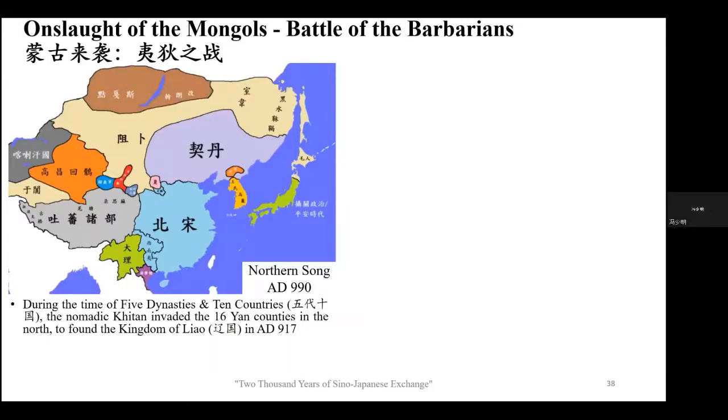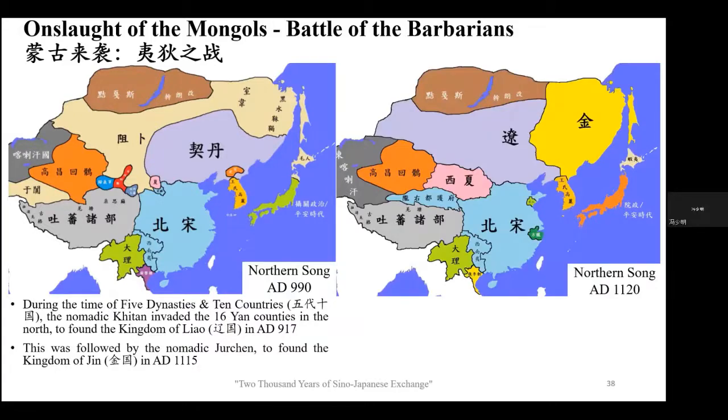Mr. Reinosuke then proceeds on to talk about the Mongols, the onslaught of the Mongols, the battle of the barbarians. During the time of the 5 dynasties and 10 countries, the nomadic peoples of the northern grasslands invaded the 16 Yan counties to found the kingdom of Liao. And this was followed by the Zhechen to found the kingdom of the Jin in the year 1115. And thereafter,